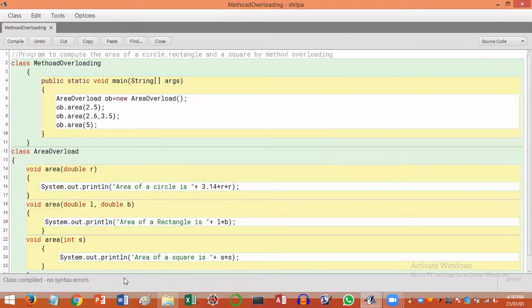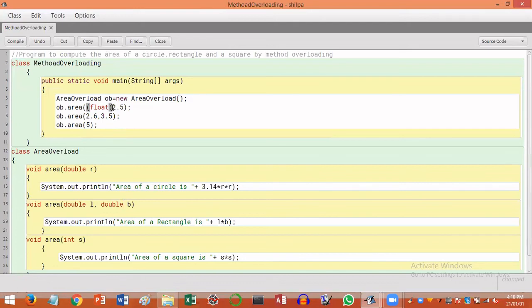See, now there are no syntax errors. Or else if you want to pass a float value, then you have to convert the constant value to float type, and then pass it. You just have to do explicit conversion by writing float within the parentheses, and then call that method.